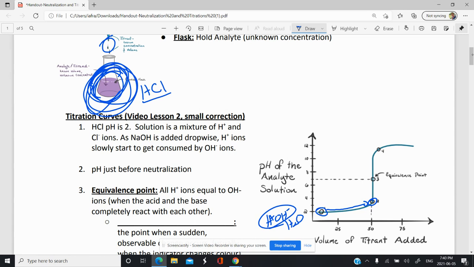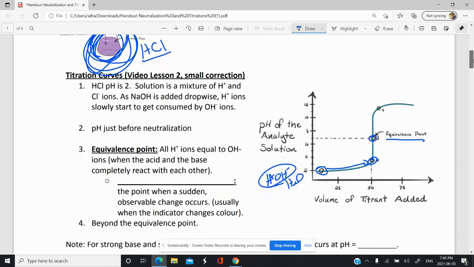This is the pH over here just before neutralization. So we're really close to matching the H plus and the OH together perfectly. And then we get to point 3 here, which is our equivalence point, where the H plus and the OH, all of them in the solution, have matched each other and we're essentially neutralized. Now,